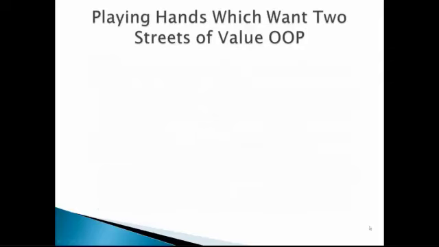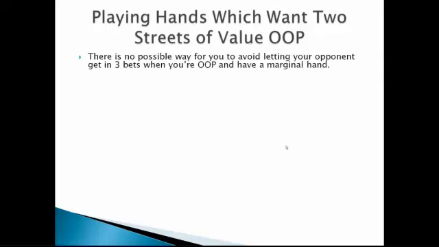So before we can talk about what types of hands we should be betting with out of position, what hands we should be donking with, we first need to discuss how to play hands which only want 2 streets of value out of position. There is no possible way for you to avoid letting your opponent get in 3 bets when you're out of position and have a marginal hand. Because when you really think about it, that's kind of what you want to do, right? You have a hand that wants 2 streets of value, so one of the first things you're thinking about when you're out of position is,